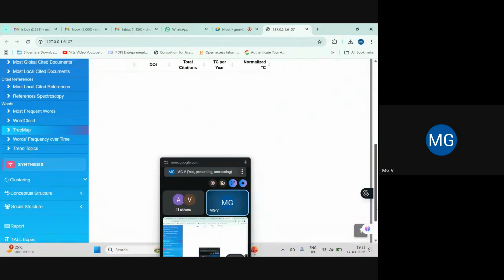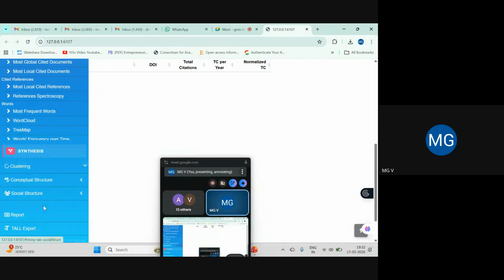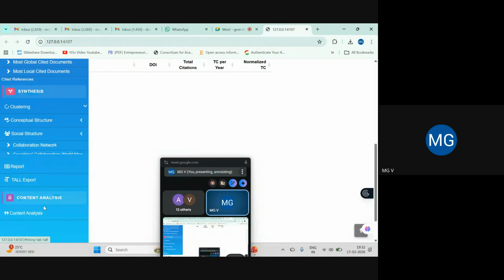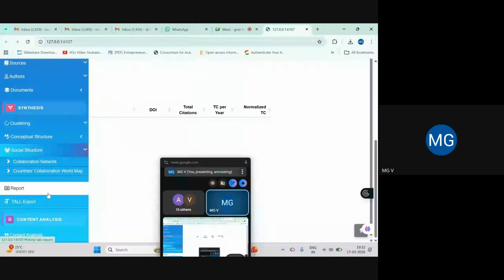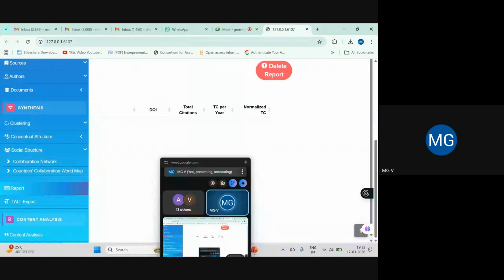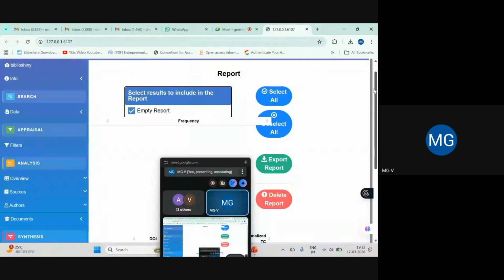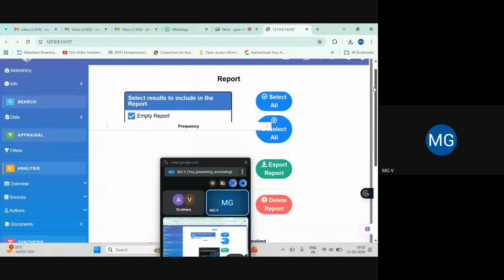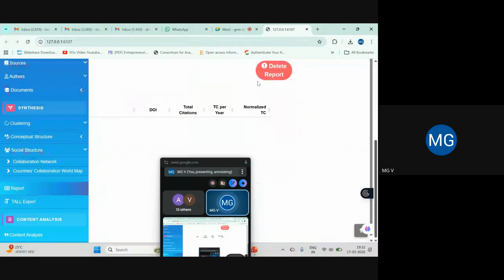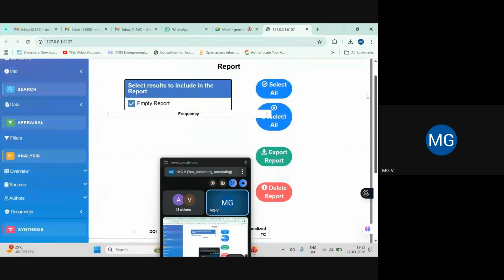So similarly, you can look at word frequency over time, trend topics, and other information, and then the report will get generated at the end. Select results to include in the report.